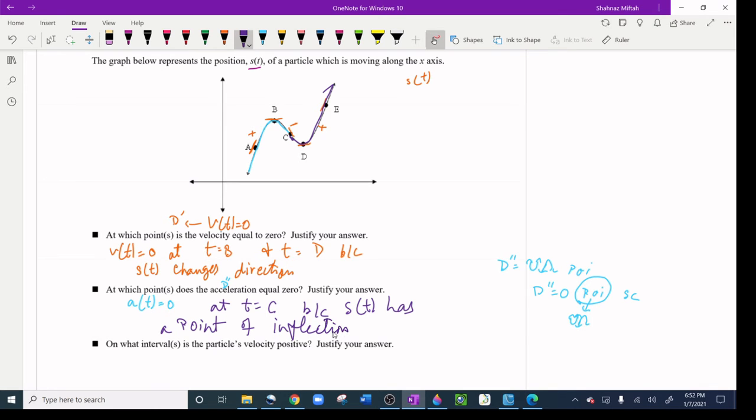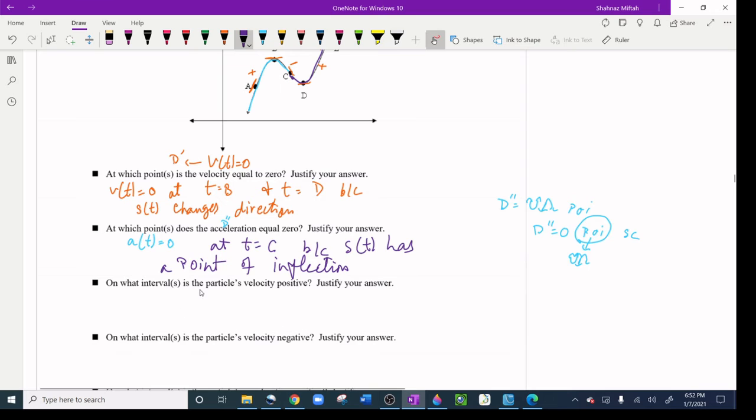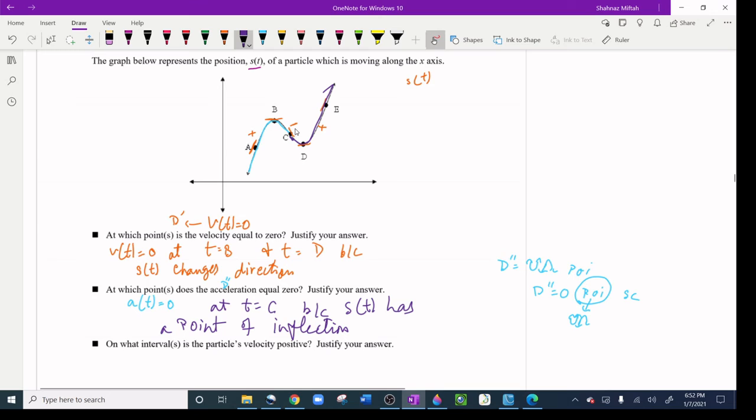There. Next, on what interval is the particle's velocity positive? You can tell I already marked them positive, negative, positive. So at what intervals, like the whole interval they are talking about? I'm going to say where it's positive. The arrow goes in this direction, all the way in this one. So I'm going to say velocity is greater than 0 on